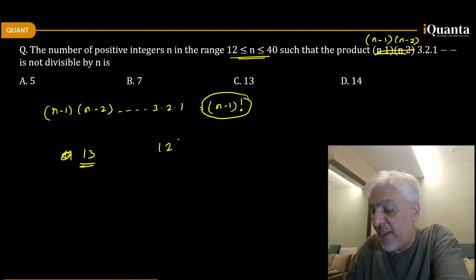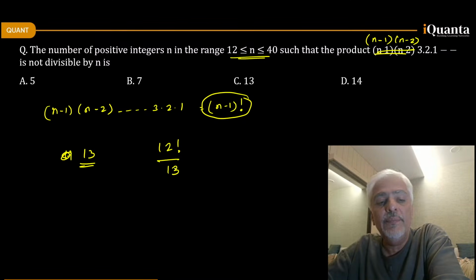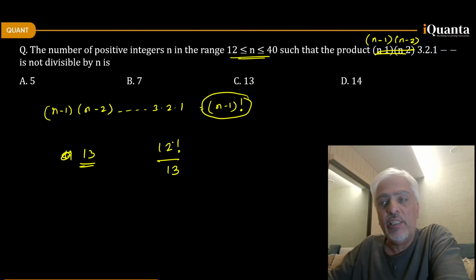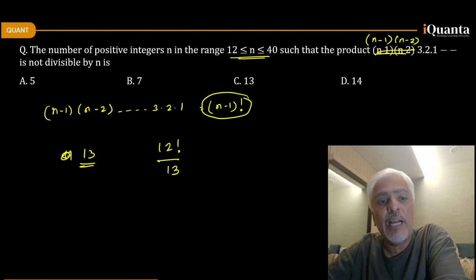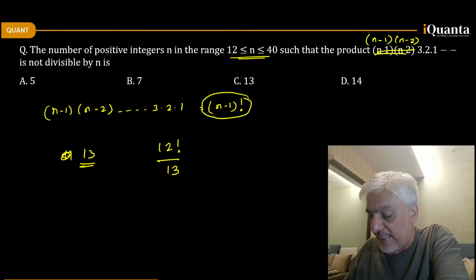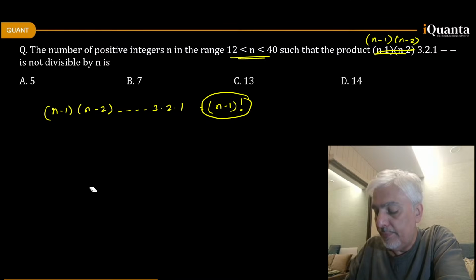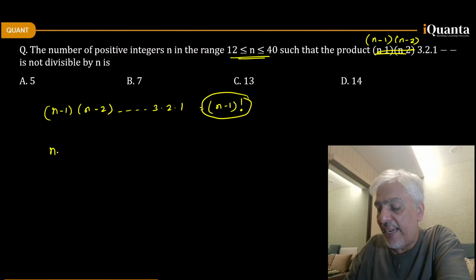For example, if I take 12 factorial, is 12 factorial divisible by 13? Obviously not. Because when I write 12 factorial, there is nothing to cancel 13, because 13 is a prime number. But if you try the same logic for 12, if I take n as 12,